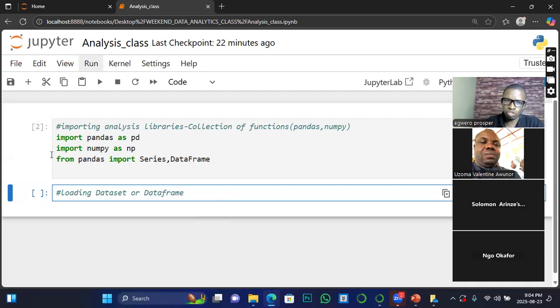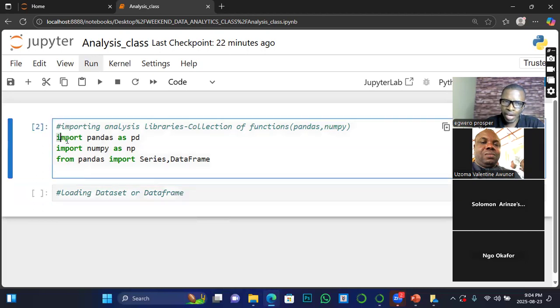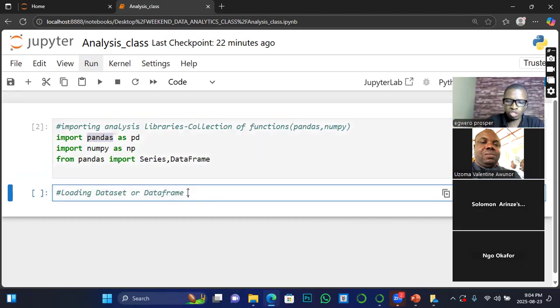So the first thing, once you have loaded your library, why did I import this library? Because the function I want to use right now to load in the data is wrapped in this particular library. So if you have not imported this, don't waste your time thinking of reading or loading your data. So I'm going to teach us how to load two different data formats. The first one is CSV, and then the second one is